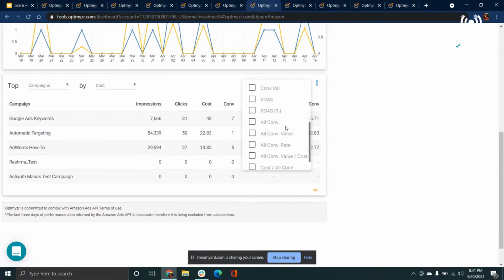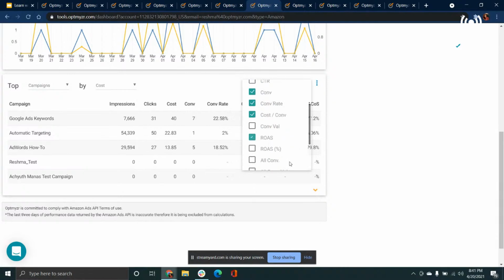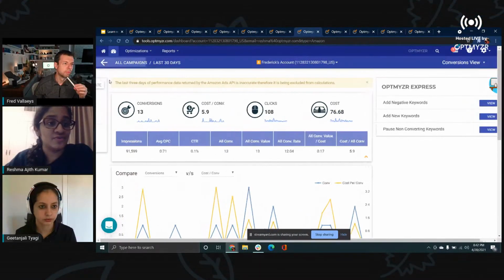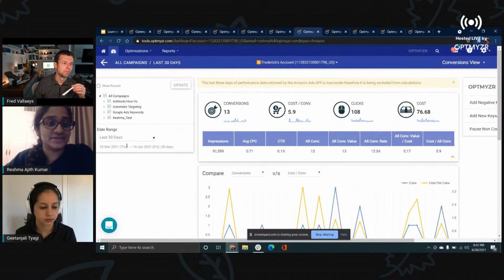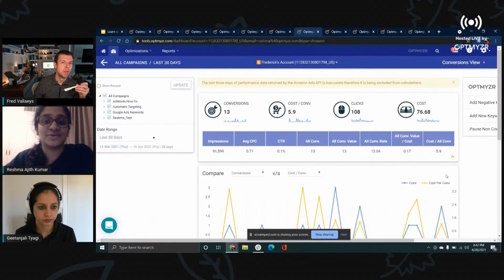What's also interesting is we pulled up the ACoS value at these levels and even ROAS. Once you click this, you'll be able to see your top campaigns this way. Right now, the date range that's selected is 30 days. You can even look at other date ranges to understand performance using the account.